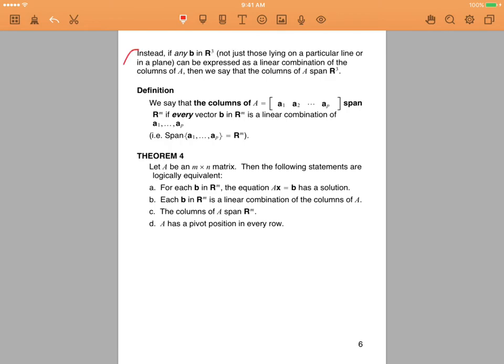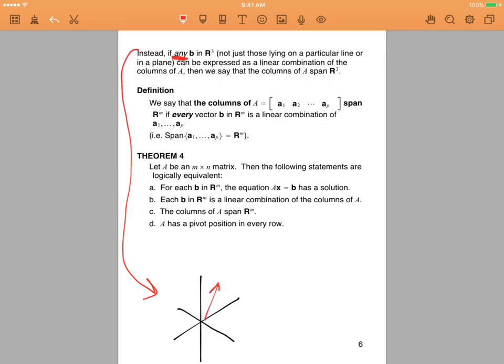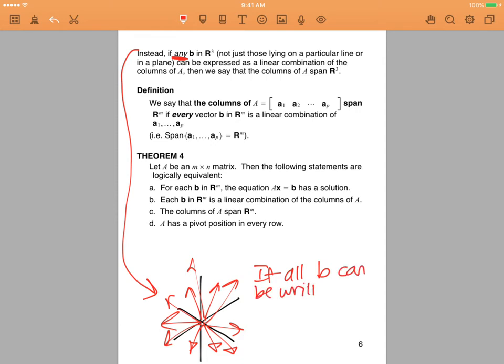Now we are looking at a situation. I'm going to draw this down here. This is asking the question if any b can be expressed as a linear combination of the columns. In other words, what if you're in a situation where everything in R3 is in the span? So, look at my axes. And the b vectors were red, I think. So if all possible b vectors everywhere, if all b can be written as combinations of a1 through a3,